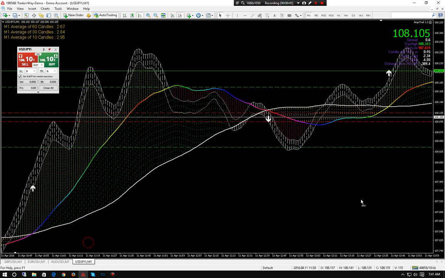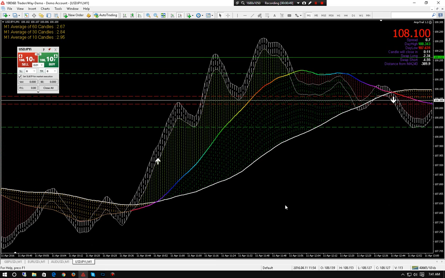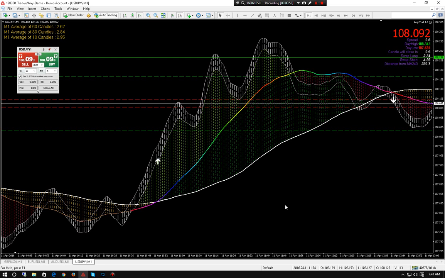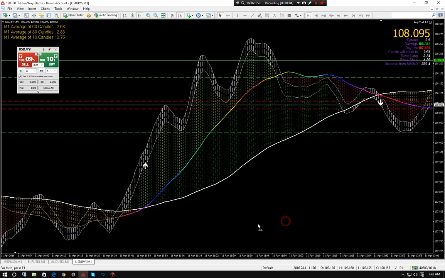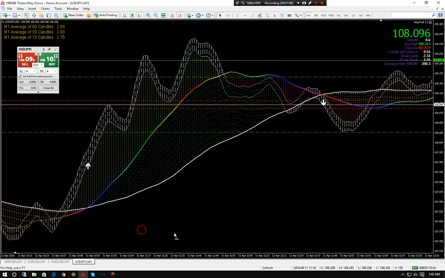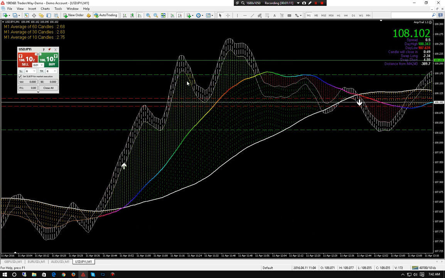Okay, so what we're looking for mainly, let me explain the system first. It's a hybrid of moving averages, and then I combine some of the Ichimoku terminology into it. I like Ichimoku because the clouds are easy to understand for people. So if I refer to something, it's going to be a cloud. There's cloud and channel. To make it simple, this is the slow-moving cloud, medium, and the channels are fast-moving.